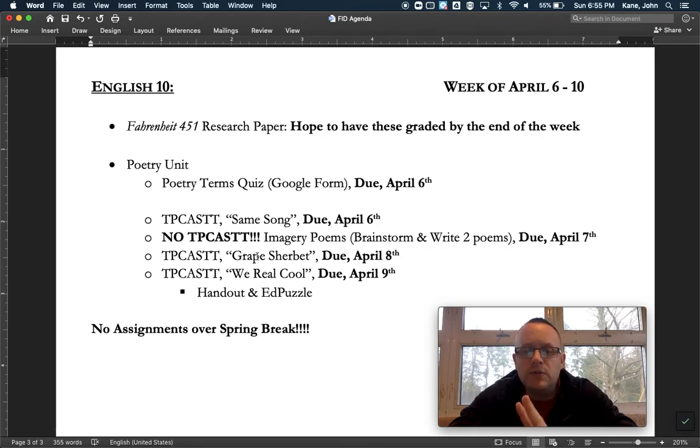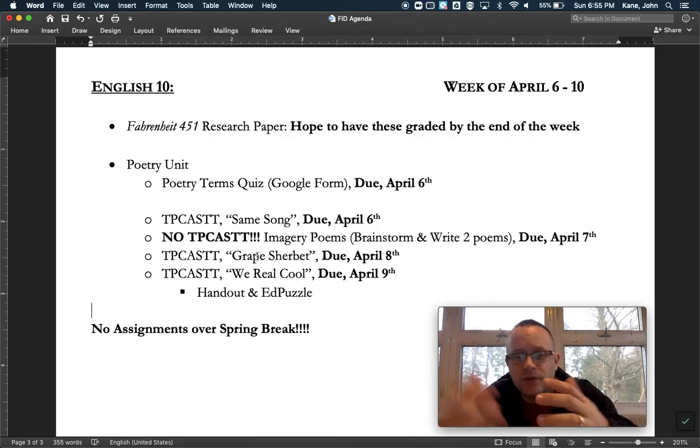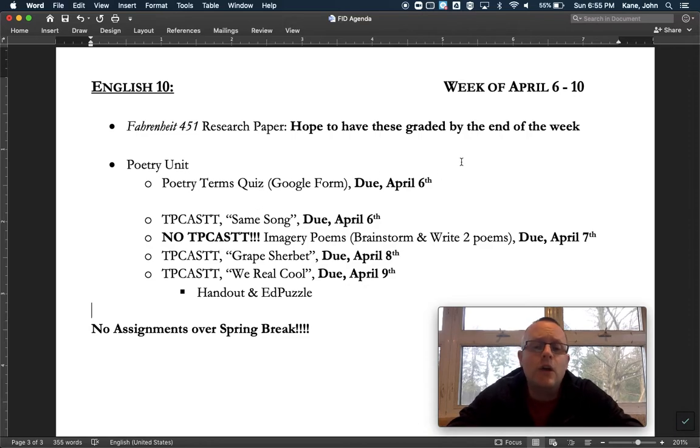There's going to be two imagery poems, and they're very brief poems to write. They're very short. You don't have to worry about rhyme. You don't have to worry about meter, any of those things. It's really just focusing on imagery, on sensory poems. Two of those for Tuesday, and then a TP cast for the poem Grape Sherbet on Wednesday, and then a